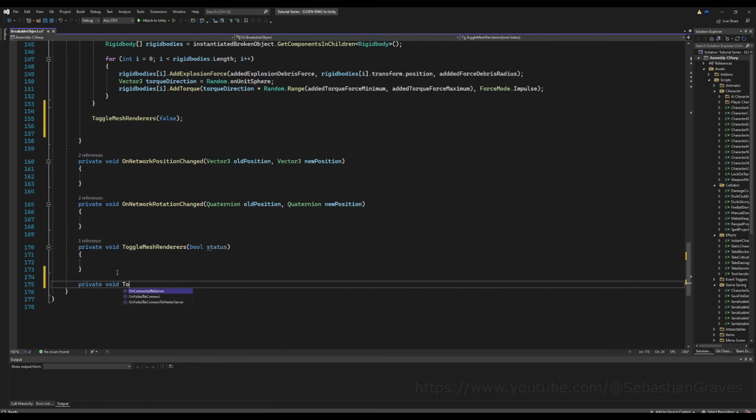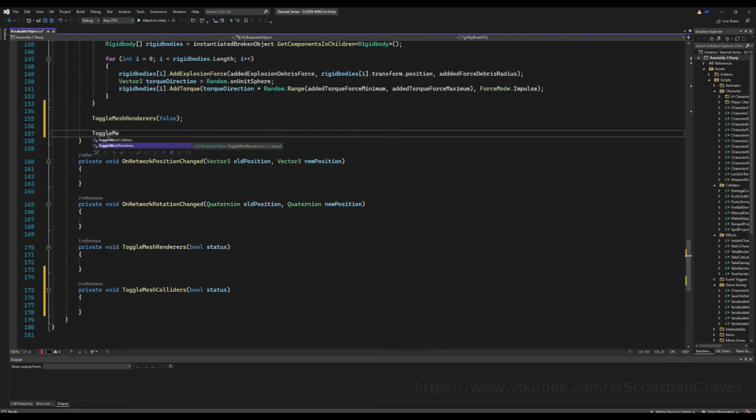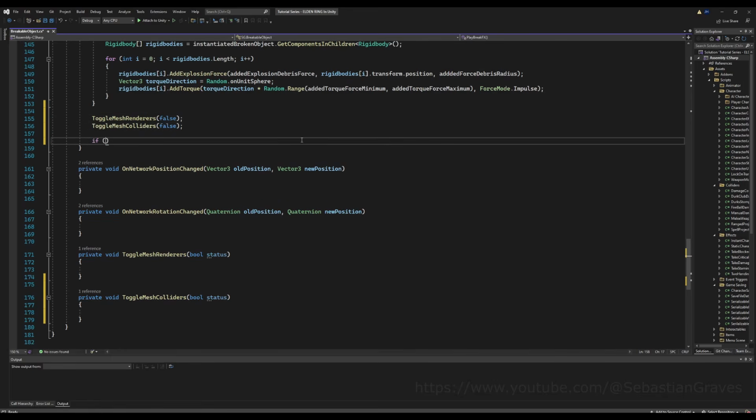Let's also make one for toggle mesh colliders. I didn't do this in Nephilim, but this is a chance for me to optimize my own code. It's basically going to do the exact same thing. We're just going to use a for loop and toggle everything, but having it in its own function like this makes it a little bit neater. Let's call false on that, and then right below that, let's do one final check